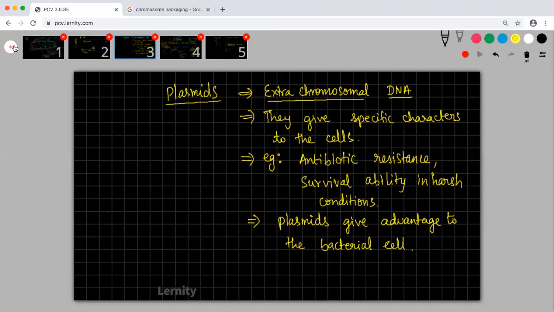Yes, there is something called a superbug. Someone is asking me, can a bacteria develop resistance to many or all of the antibiotics? Yes, there was one such bacteria which was found that way, which was called a superbug. Okay, so the superbug was resistant to all the known antibiotics. But later they got rid of that superbug by finding one more antibiotic which it was not resistant to. Okay. In such a case, if it is resistant to all the known antibiotics, then bacterial disease will also become dangerous.